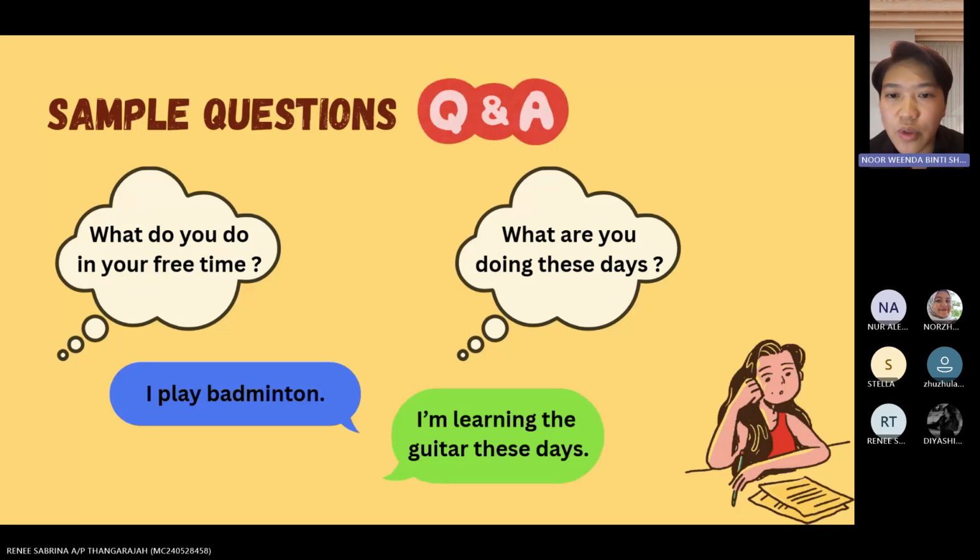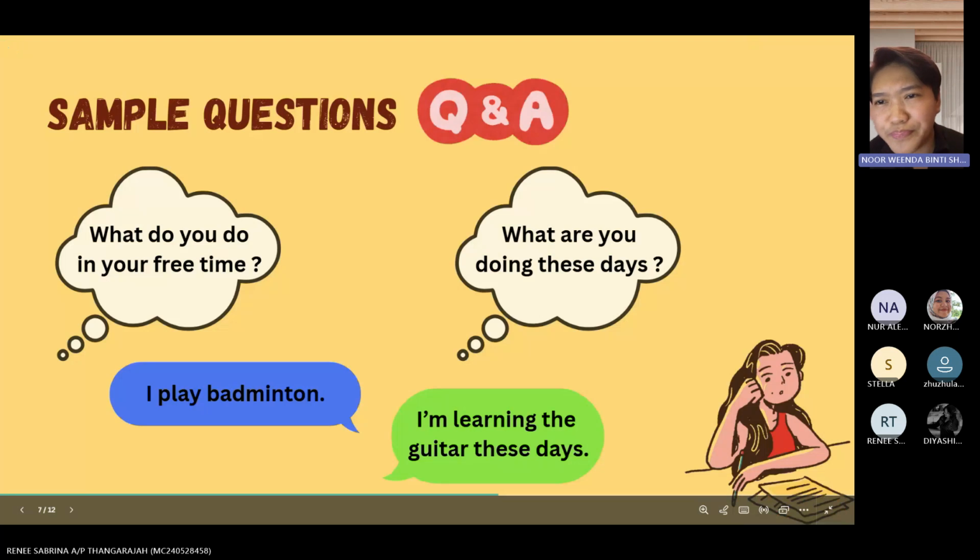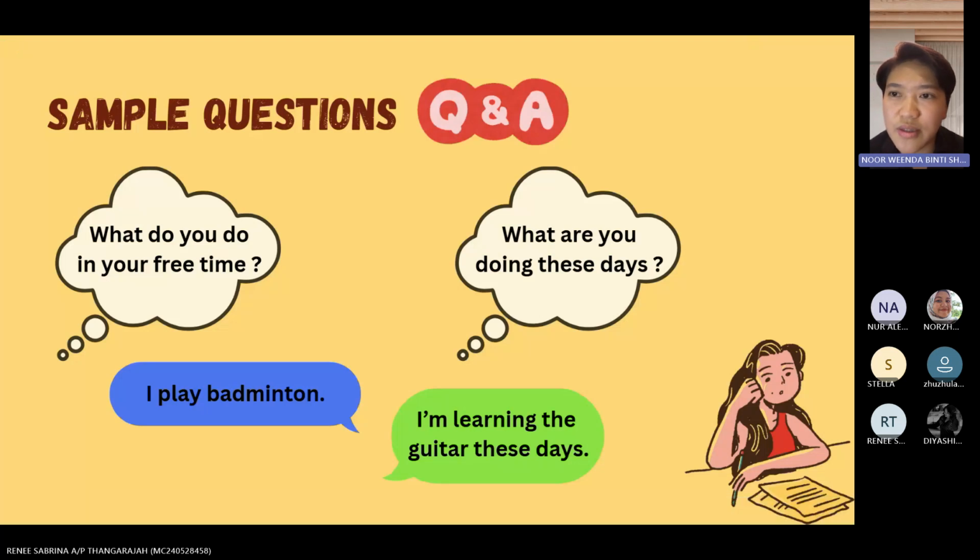For the second question, what are you doing these days? You can say, I am learning the guitar these days. This shows it's a current or temporary activity, so we use the present continuous. I am learning. Okay, if you're not sure which tense to use, then you ask yourself, is this something I do all the time?